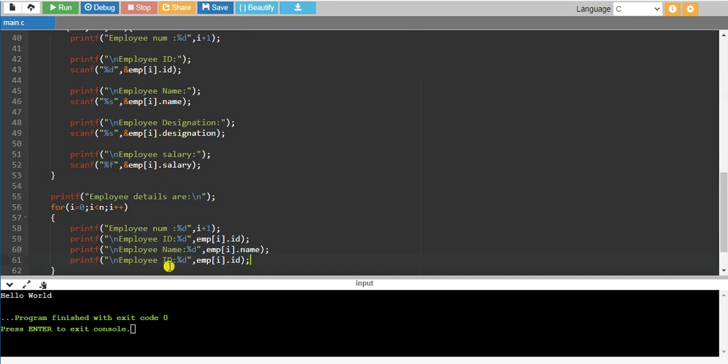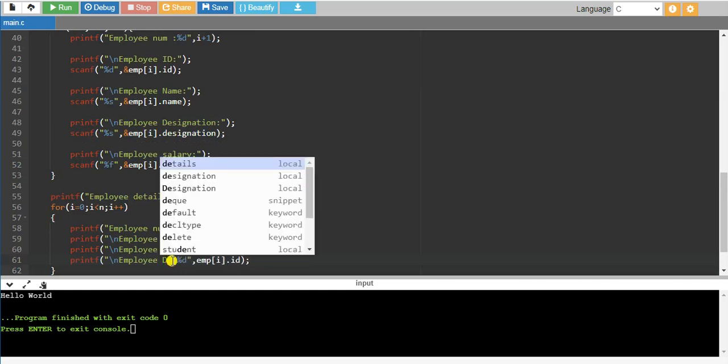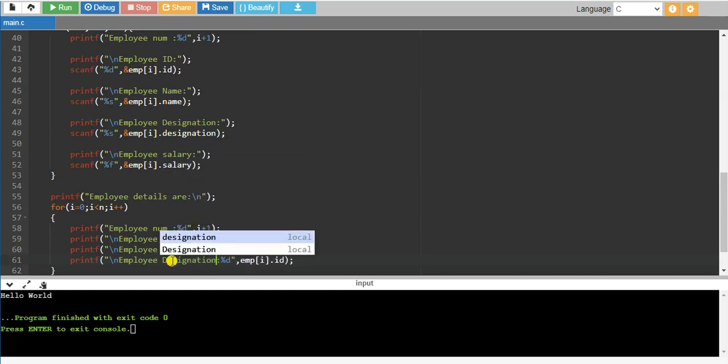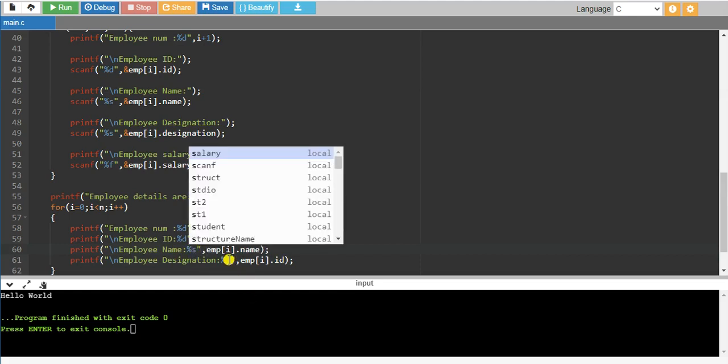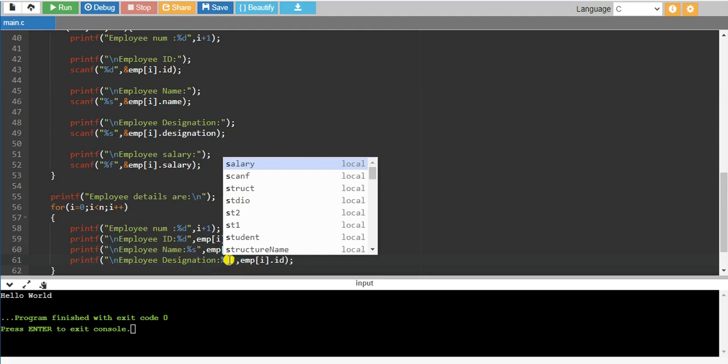Then we have employee designation, percent, and this employee name is of string type, so percentage s, and designation is also of type character string, so s.